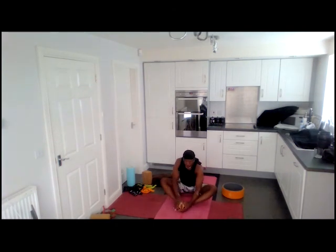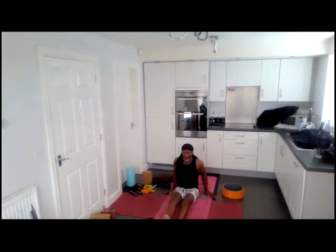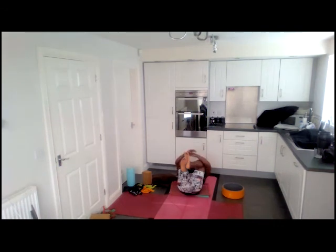Inhale, release, pushing the floor away, breathe in as you come all the way up. Straighten your legs and lie down on your backs. From here, bend the knees and draw your knees towards your chest. Use both hands to hug your knees and allow your body just to ease from side to side